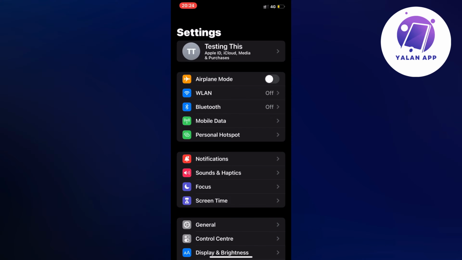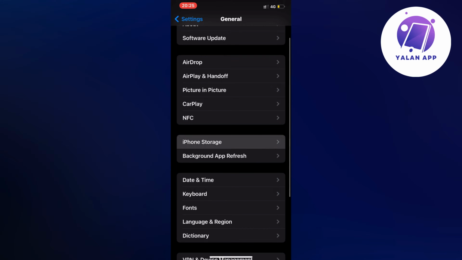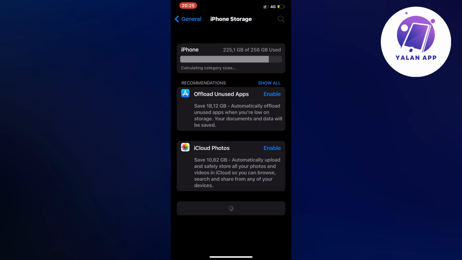And by the way, if you're using an Android phone, don't worry, just go into your settings on your Android as well, and then we're just going to scroll down, click on General, and then click on Storage. And if you're using an Android, once again, just find storage in your settings. It's going to be the exact same step-by-step guide after that, even if you're using an Android or iPhone. So we're just going to wait a couple more seconds for this page to completely load in here,